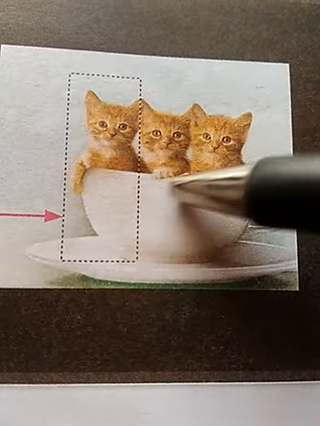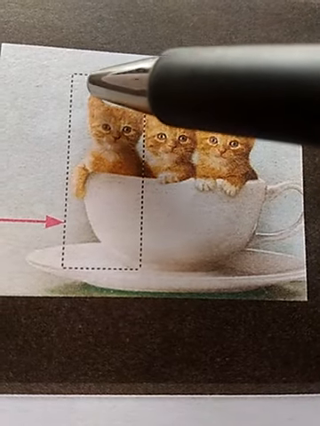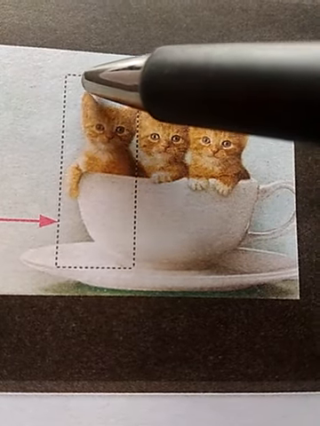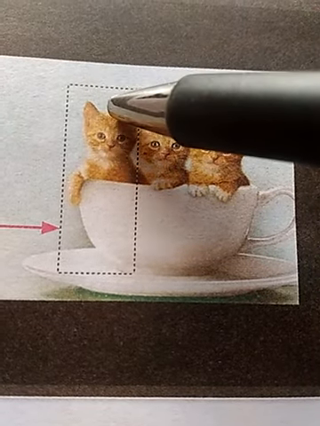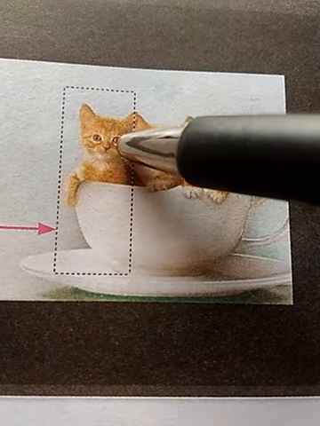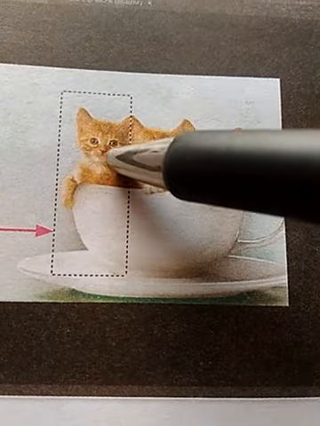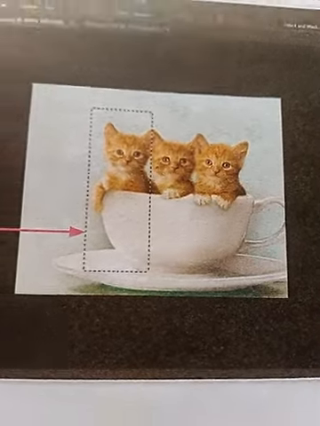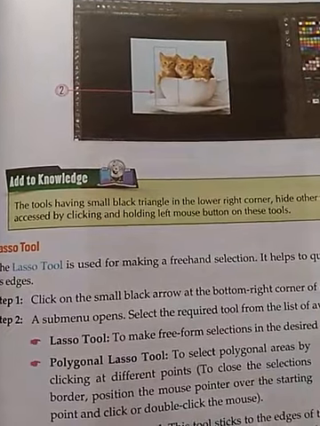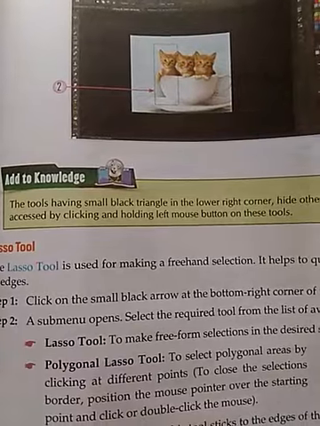For example, if we want to select the head of this cat, then put your magnetic lasso here at the edge of the image. After that, hold your mouse left button and drag it to the edge of that particular area which you want to have the selection. So after your movement of your mouse over the edge of the image, that image will be selected. So lasso tool helps you to select an area of an image by simply dragging the mouse over the image.